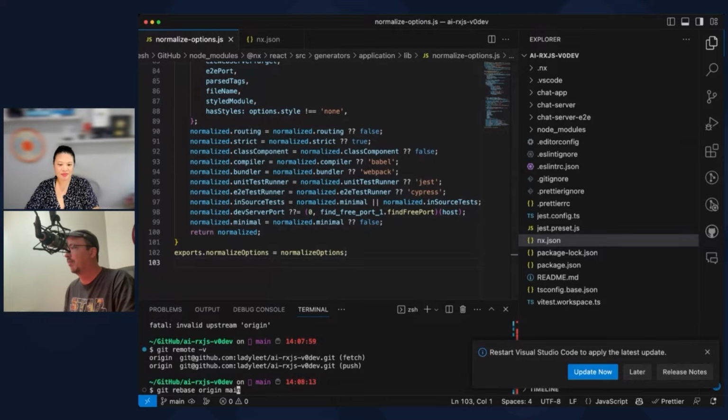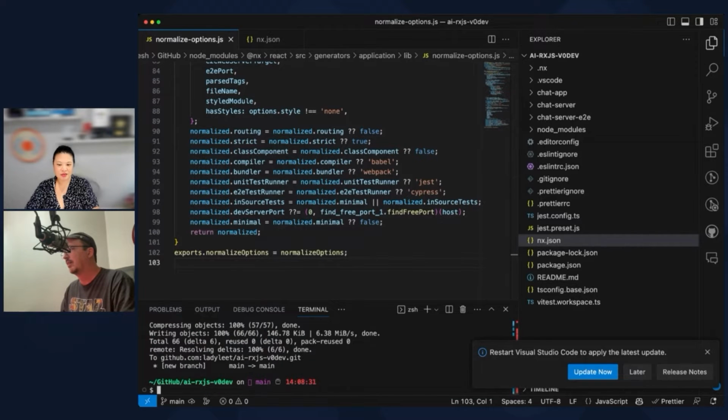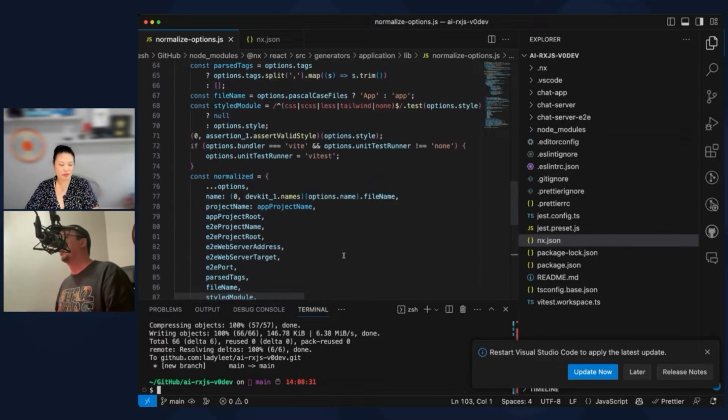Upstream to, oh, it's because it's this. Git push origin main, and it's going to complain. It didn't complain because we have no commits. Okay, great. We have a new branch called main. It should all be up there now if you check your GitHub. Yeah, I see it. It's there. All right, so now we just have to copy pasta.